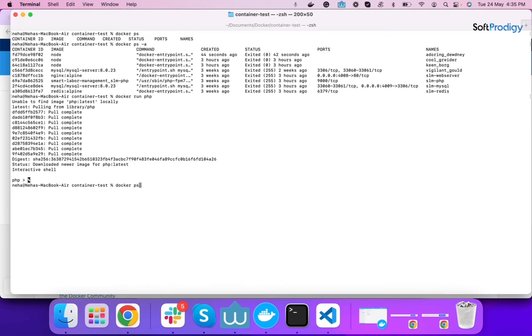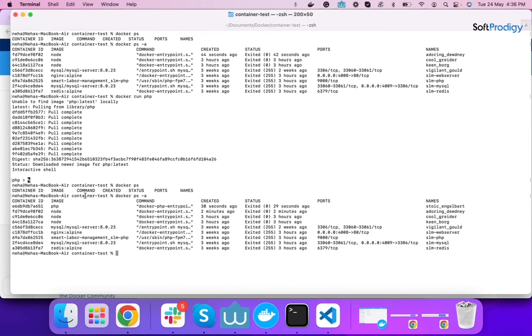If we run docker ps here, it's not a runnable image. It's not running right now. It's just cloned into our system. We can have a look at this particular image with the help of the ps -a command. Have a look, we have this container ID. The image is PHP, created 30 seconds ago, exited because we don't have anything configured in this image, nothing. So that exited automatically.